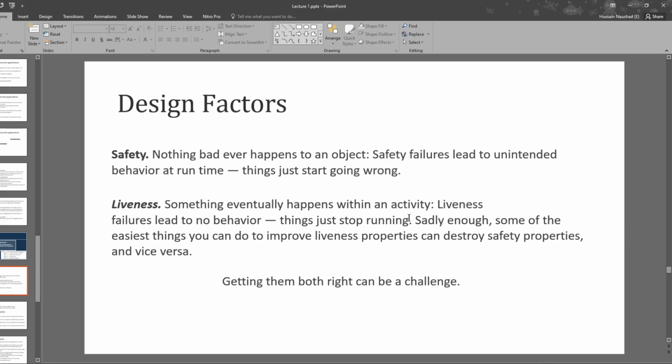Okay, so getting them both right can be challenging. Now, of course, this is a theoretical concept. You will only understand when you try to do something, an application. At this level, as a theoretical model, we will not be able to grasp the importance of these terminologies without going into the whole details of how applications